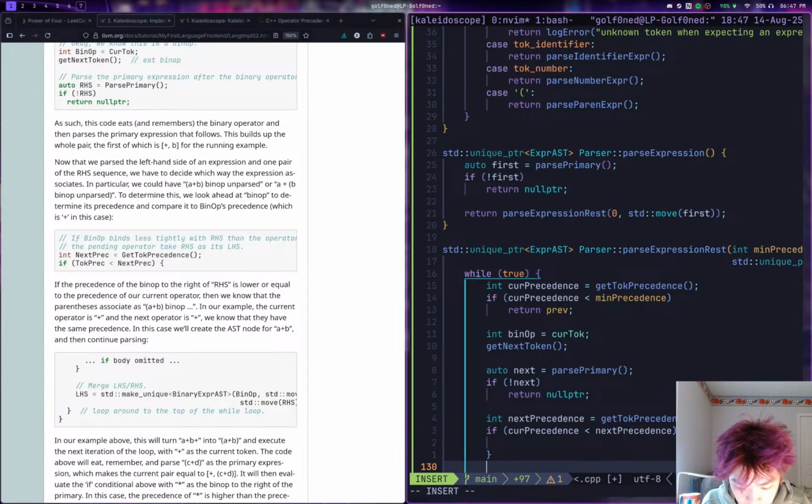We'll handle that after. But regardless, the current precedence is less than the next precedence, and we have to evaluate the next first. So we recursively call parse expression rest on that. And then once all of the right side is bundled up into something that is lower or equal precedence, then we merge. So here we merge